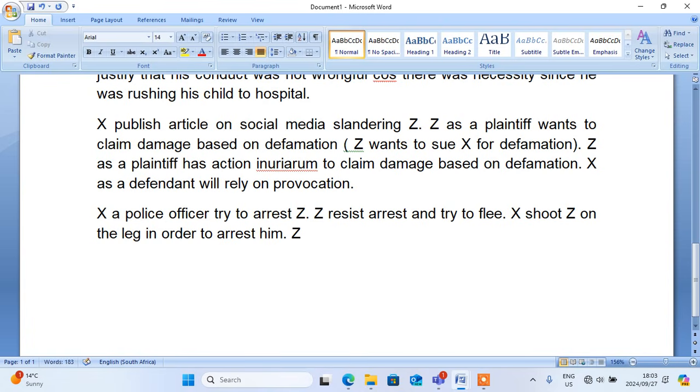Z institutes a delictual claim, which of course is the actio legis Aquiliae, right, to claim the damage